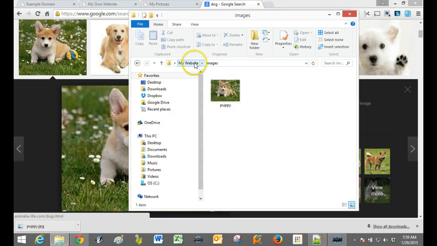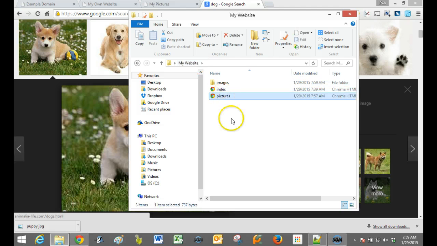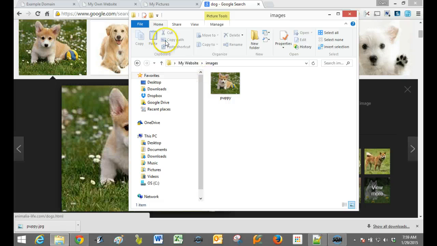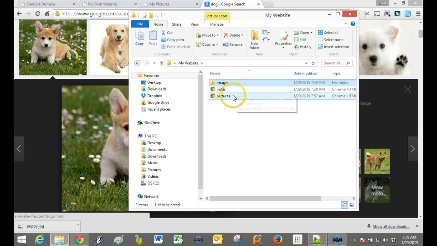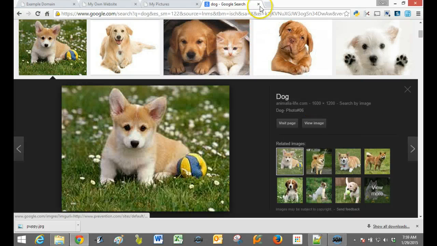There's our dog. And so now what we have to do is to tell this website, this pictures HTML file, where to find that image. So the way it goes is you have to go into the images folder, right, and find puppy.jpg. So this is where the picture already is, so we're going to specify that file path for it, images, and then that file name. And the way that looks, let's get rid of this,